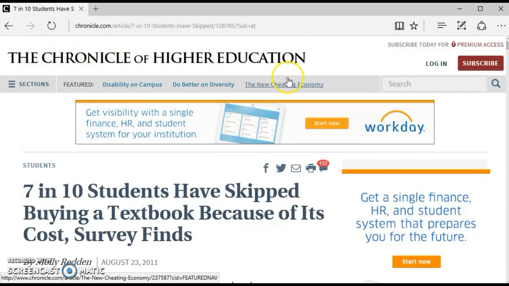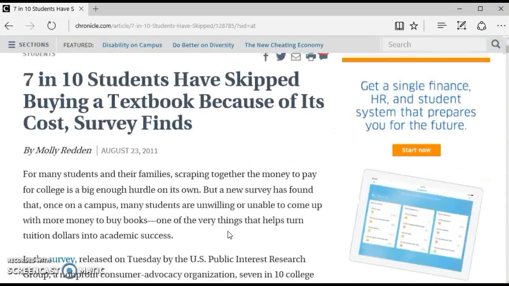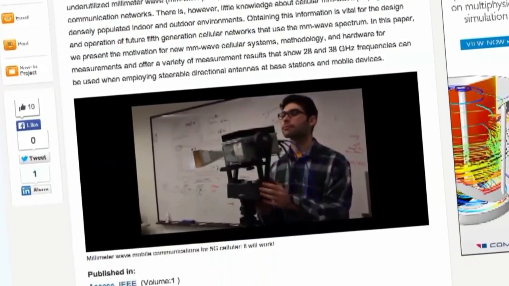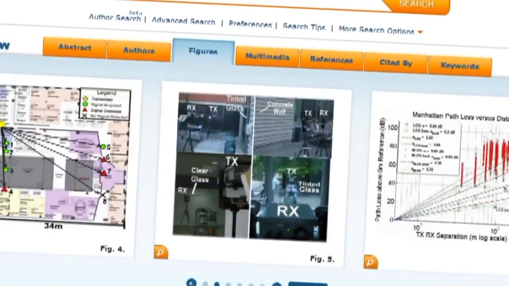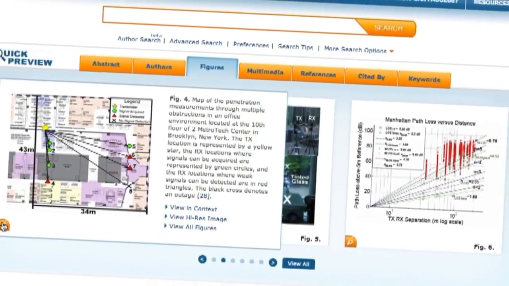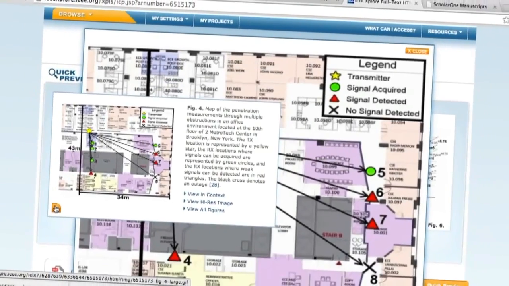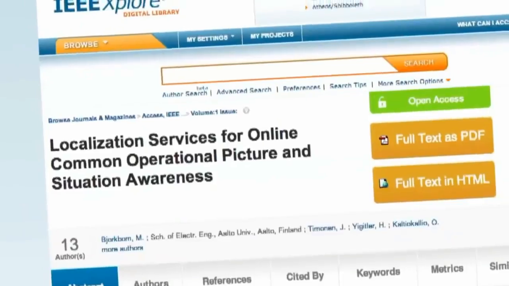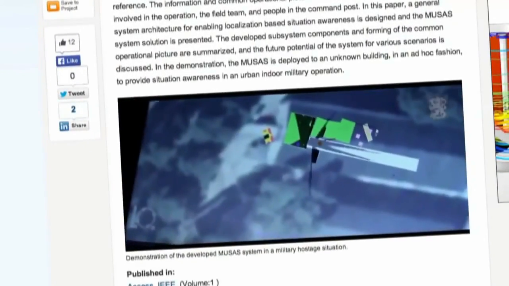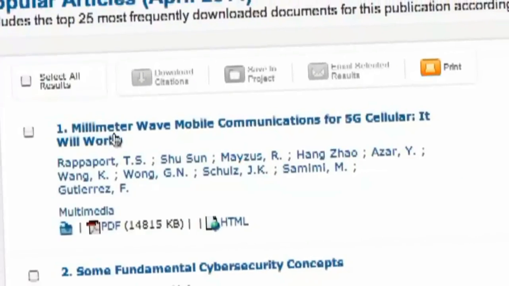And so I've included a link to a couple of articles. One is from 2011, and it talks about the fact that 7 out of 10 students will choose not to buy the textbook because of the cost. And then fast forward to an article that was published this year that talks about universities and how they're being innovative and creating open access textbooks. So we'll talk a little bit about some e-publishing as well as open access, which open access seems to be the thing that a lot of universities are experimenting with and embracing.